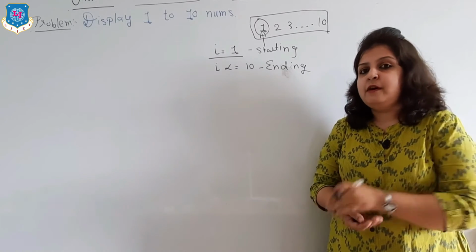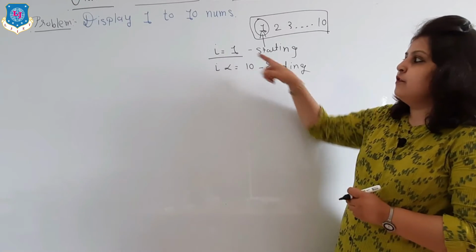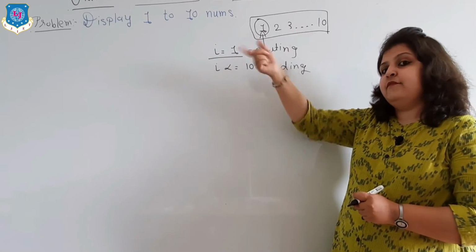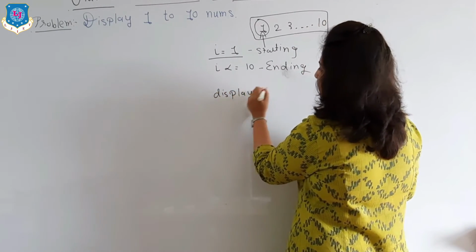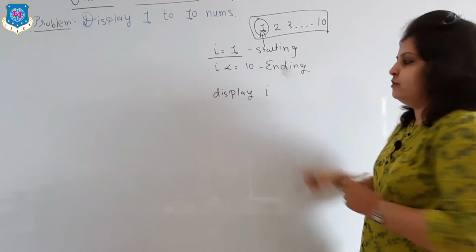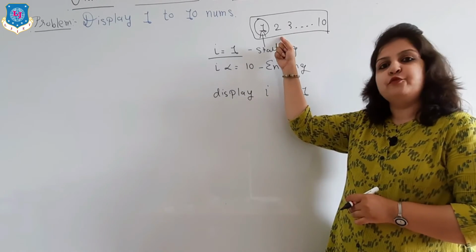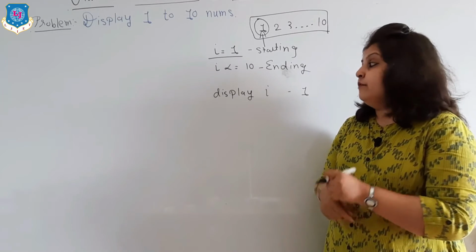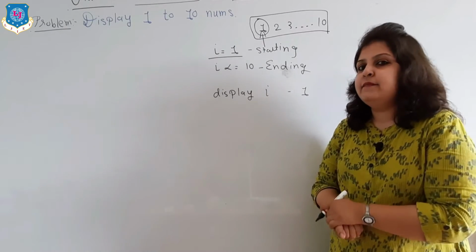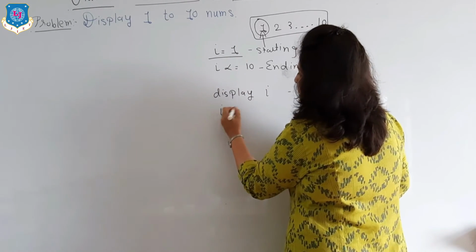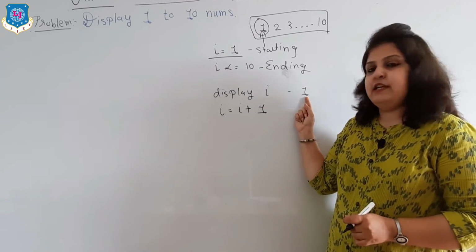We have to think about the process, that is which step we have to perform in repetition. So here first of all I is 1, and we have to print the value of 1. So display I, and initially I is 1, so our output is 1. Now after 1 we have to print 2. So how can we print it? We have to simply increment the value of our I variable. And how can we increment it? Just write the formula like I is equal to I plus 1. Initially our I value is 1.